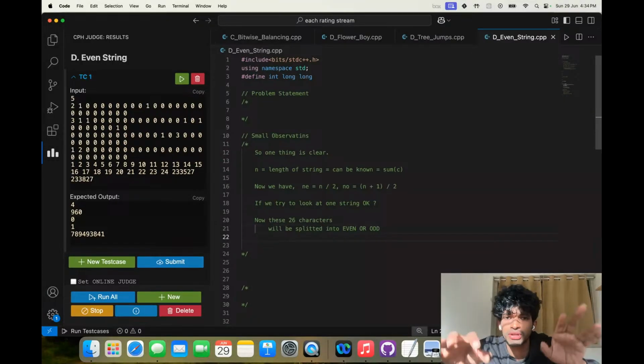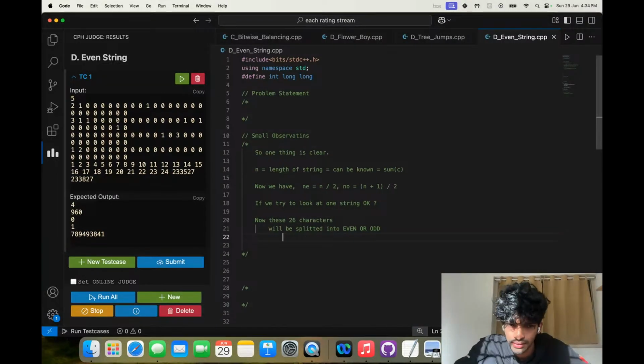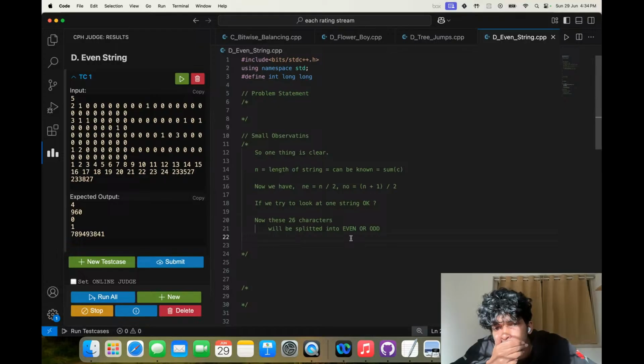We are just splitting: it's going into even indices or it's going into odd indices. We don't care about other things. Mathematically, we need not care, right? If they will not fit into even indices, we need not care about that. But maybe we should care.